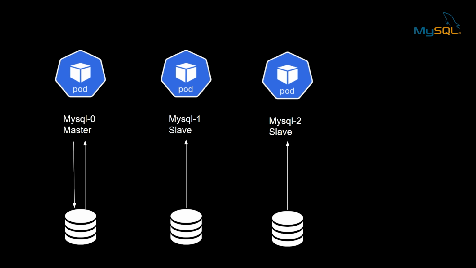And the remaining replicas that we create when we scale the application will have only read access to that application. Why only read access? Because if we allow write access to both the nodes available, then we will end up with inconsistent data. So always one particular node will have access to read and write, and the rest of the instances will have only read access.